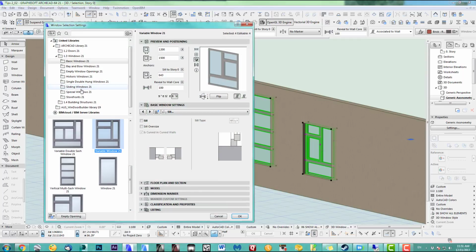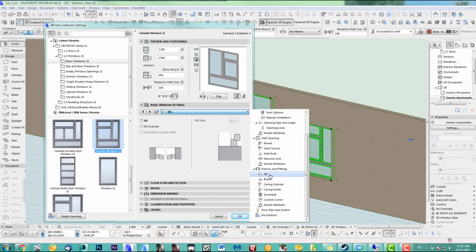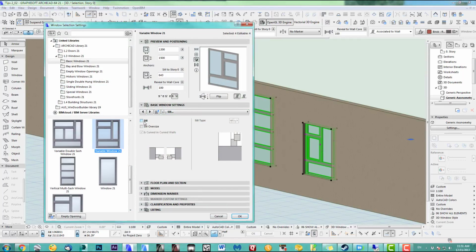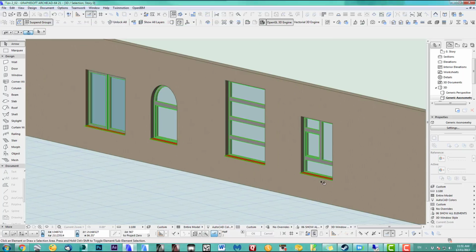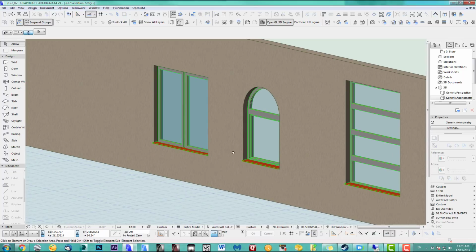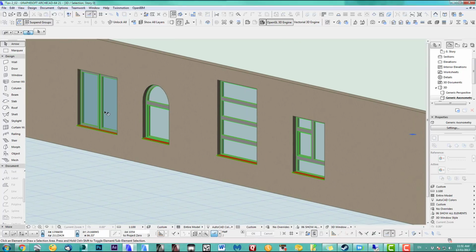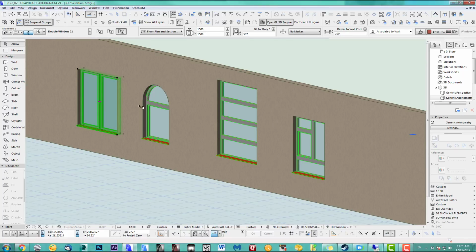And we can add, as an example, a sill. You go here to the sill option, add a sill, click OK. And as you can see, I got a sill at all the windows at once. So you don't have to go by particular window shape. This is a double window as an example, and this one is an archtop window. So it doesn't have to be the same type of window to change certain